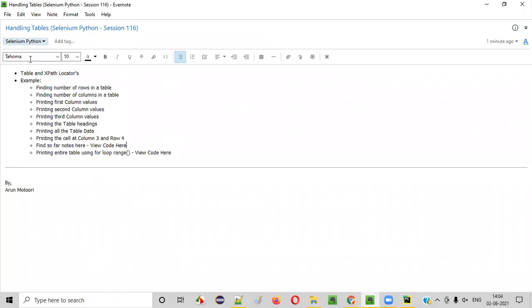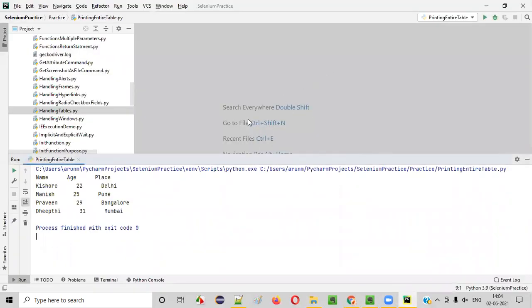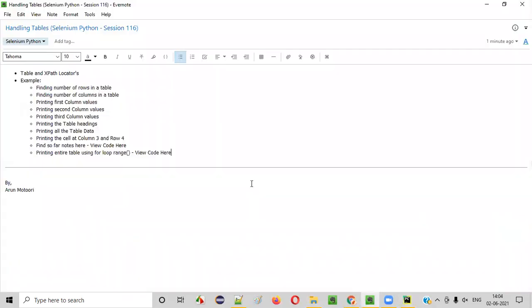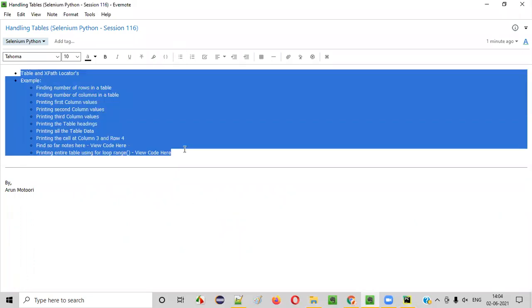So from these notes, you'll get all the code, but try to practice, guys. Whatever I explained, if you don't practice, you'll not understand. So I recommend everyone to practice it, rather than simply watching the video. Also practice from your side to understand whatever I have explained in this particular session.